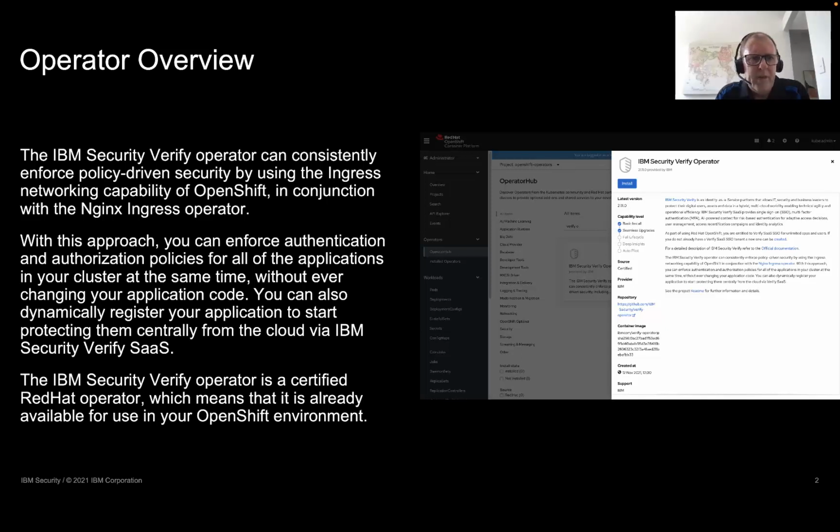So just by way of overview, the IBM Security Verify operator provides a way of being able to consistently enforce your security, and it does this by using the ingress networking capability of OpenShift in conjunction with the Nginx ingress operator. So it just provides a way of being able to easily protect your applications without actually having to modify your applications at all. So through the Nginx ingress, we actually can instrument the ingress to protect your application and